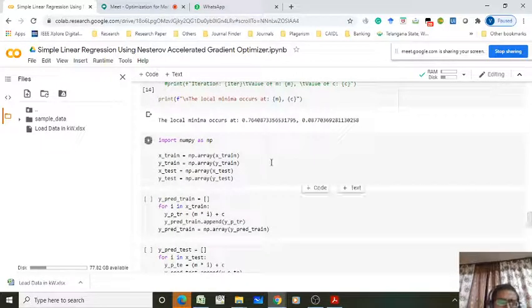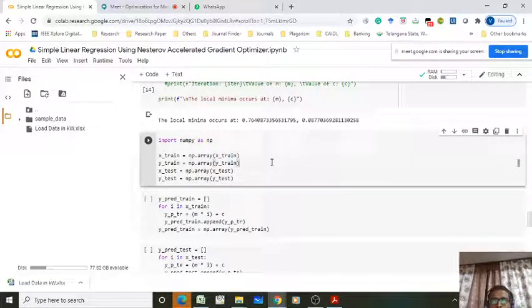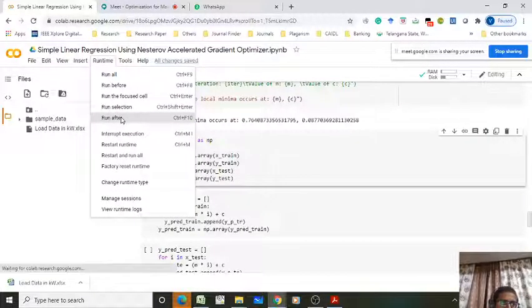Okay. Now from here, you all know. First you have to convert your data frame into a matrix. Find the prediction with the training data set. Find the prediction with the testing data set. Calculate the errors in the training data set. Calculate the errors in the testing data set, and finally predict. So I am running all at a time.